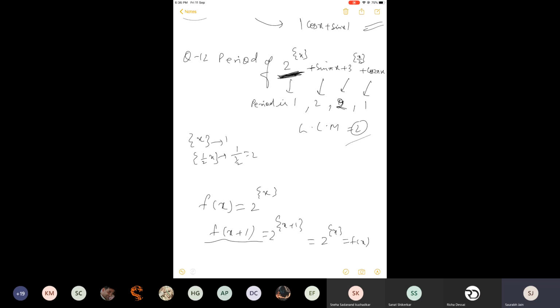In fact, it is a composite function. Last topic of the chapter. Composite, a combination of two. And a composite function may be periodic. So do not think that since it has 2 to the power, it will not be periodic, nothing like that.